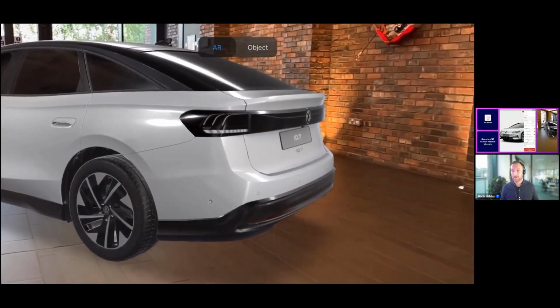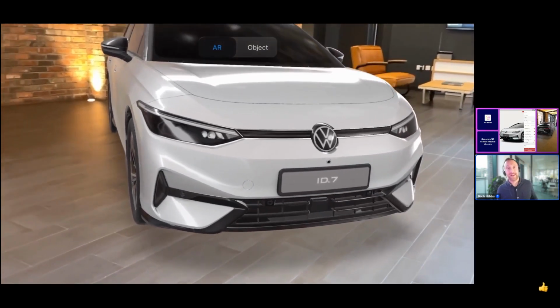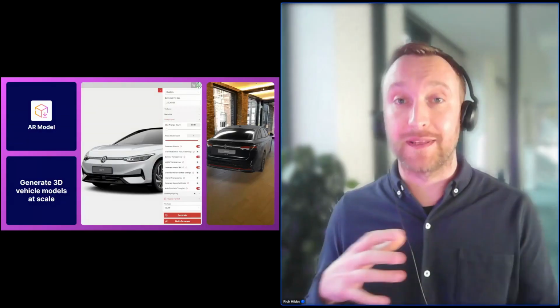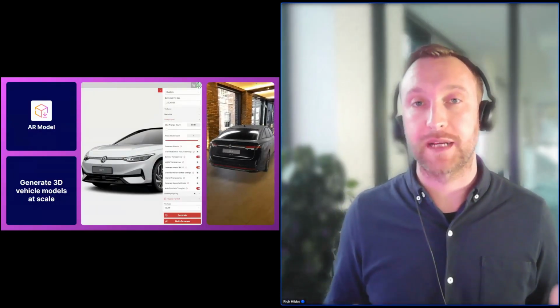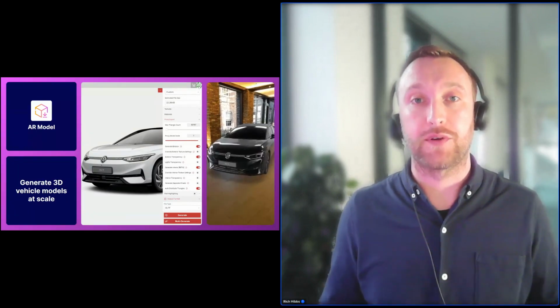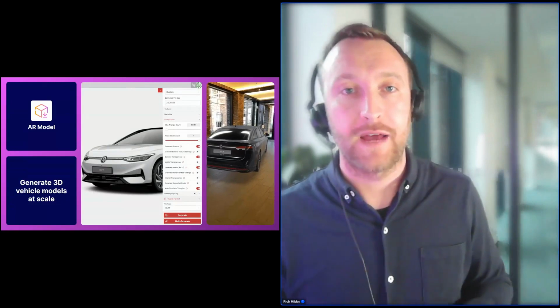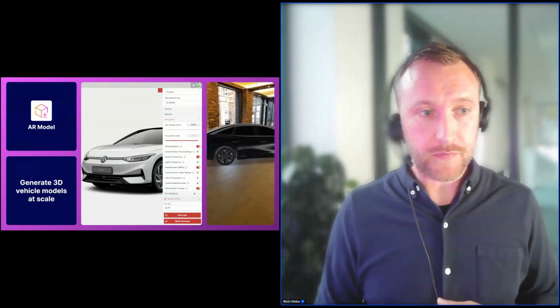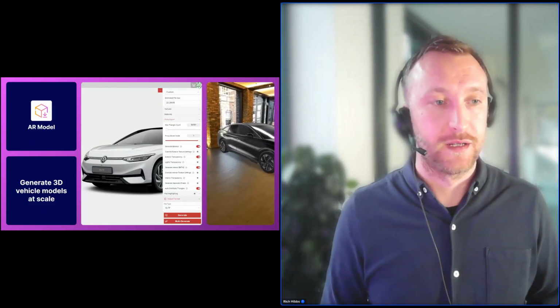And the benefit of this is it's quite fun. It's quite fun for your customers. It can delight and surprise them, but it also means that they can literally play with the model. If they're still deciding whether to make a purchase, they can be given this model to actually drive at home or in their garden or on their drive, and they can share it with their friends. So yeah, it's there to delight and surprise customers, really.